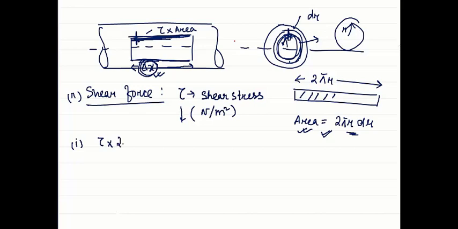So what will be the area? Twice pi r dr for a length of delta x. So this will be the shear force. Okay,